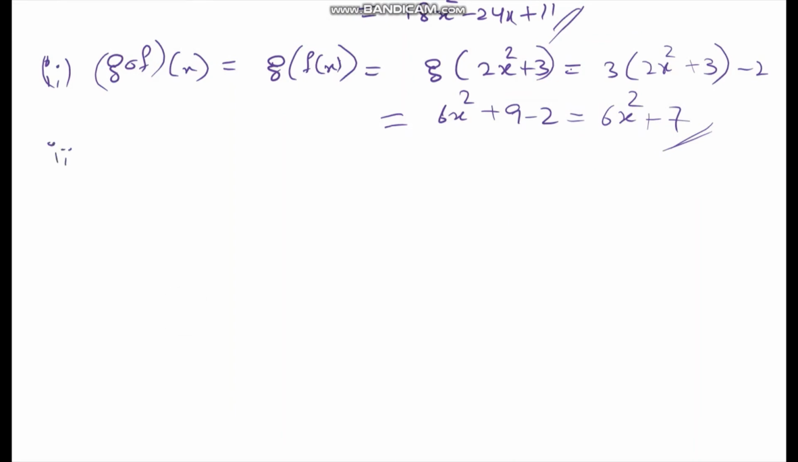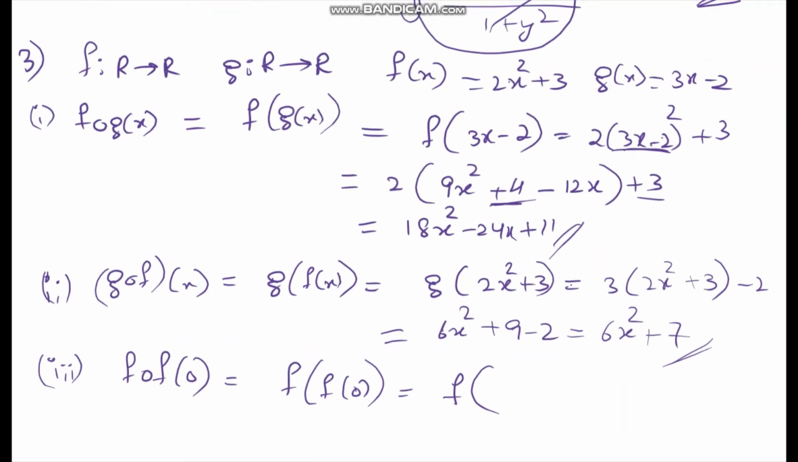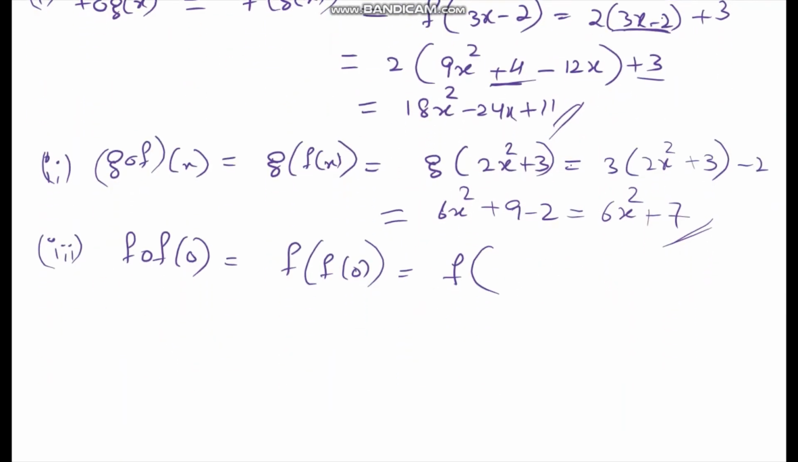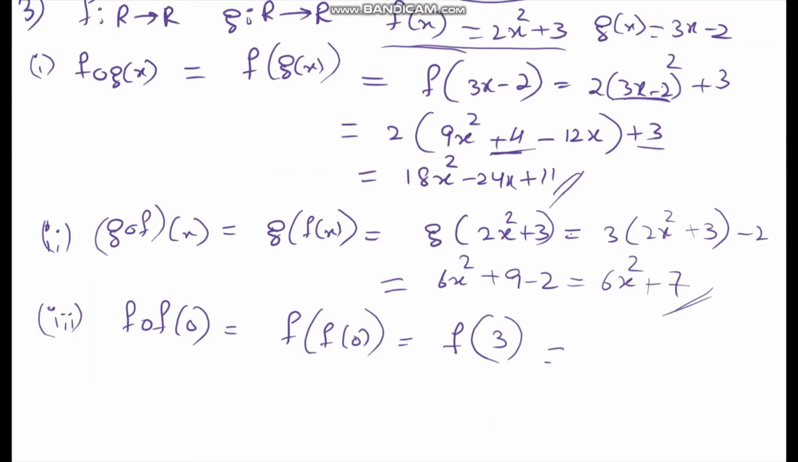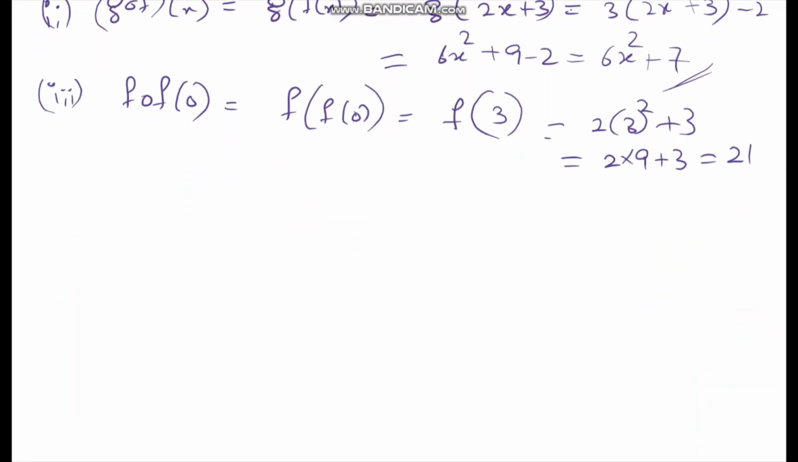And third one, f of 0. If I substitute 0 in the place of x, f of 0 will be 3, and f of 3 will be equal to 2 into 3 square plus 3, that equals 2 into 9 plus 3, that equals 21. Fourth bit is